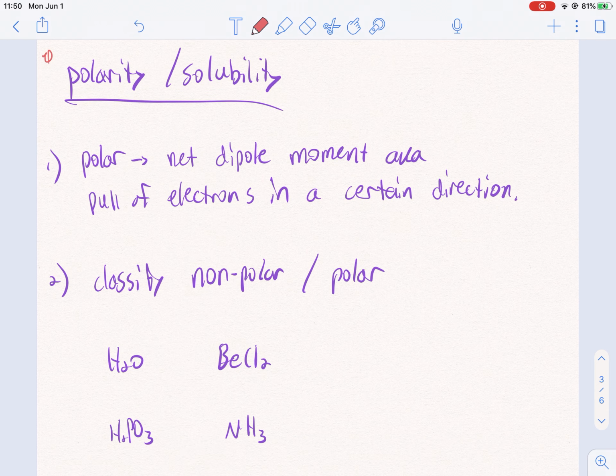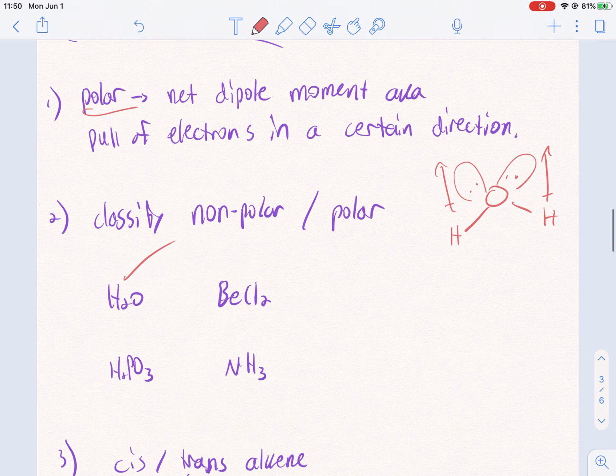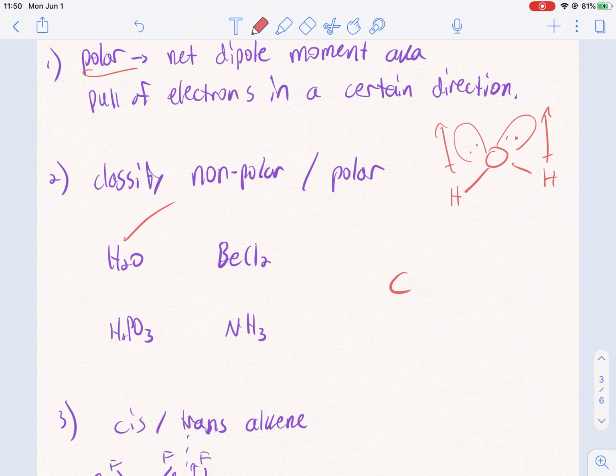Okay, so if something's polar, right, we're going back to Chem 1 and 2. It has a net dipole moment, aka the electrons pull in a certain direction, right? So let's look at water. We have water here, and the electrons are pulling in this direction, so water is polar, right? Now, if something is nonpolar, that would mean